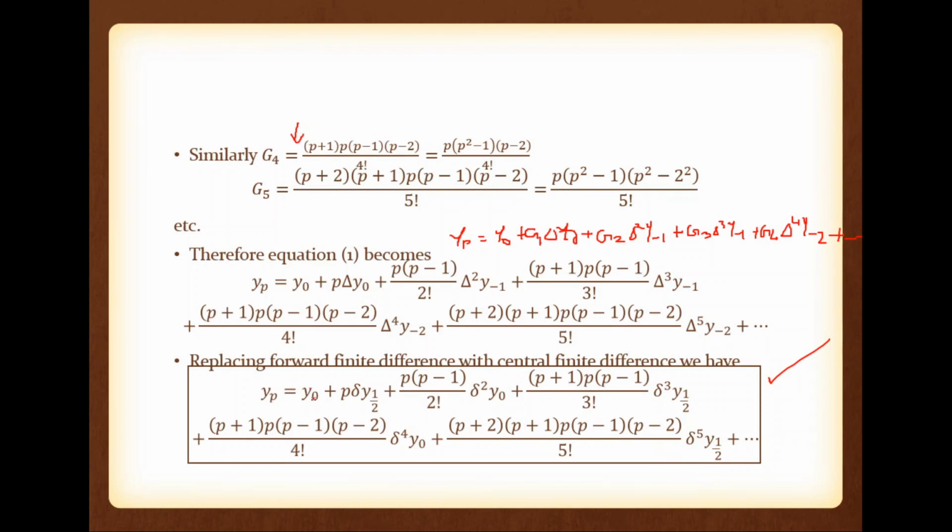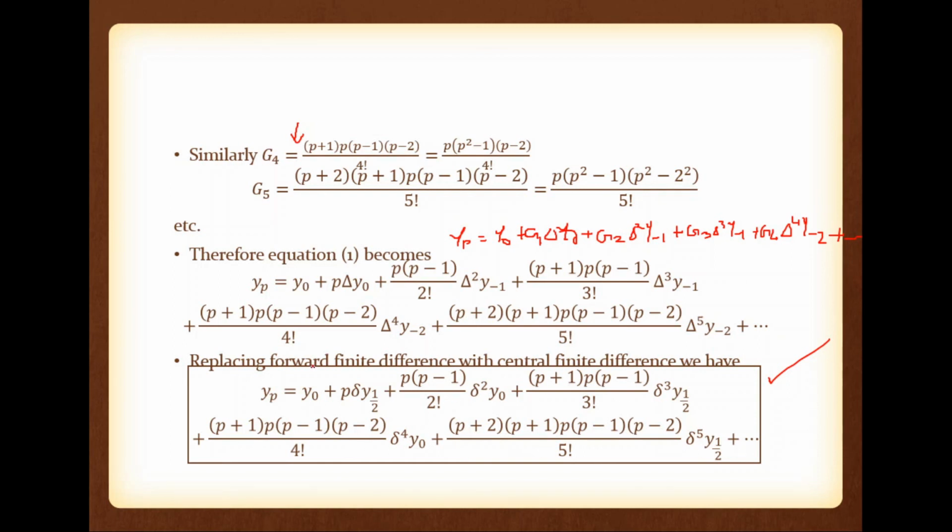This is y0, here instead of 1 by 2 you can see y minus 1 by 2, then y0 y minus 1 by 2, y0 y minus 1 by 2 in Gauss backward central difference extrapolation. Okay, please note y0 y minus 1 by 2. Then next you can see there is no theta, theta square, theta cube, theta raised to 4, that is correct. Now denominator, if it is theta square, 2 factorial, if it is theta cube, 3 factorial, if it is theta raised to 5, 5 factorial, like that way you can see the denominator.